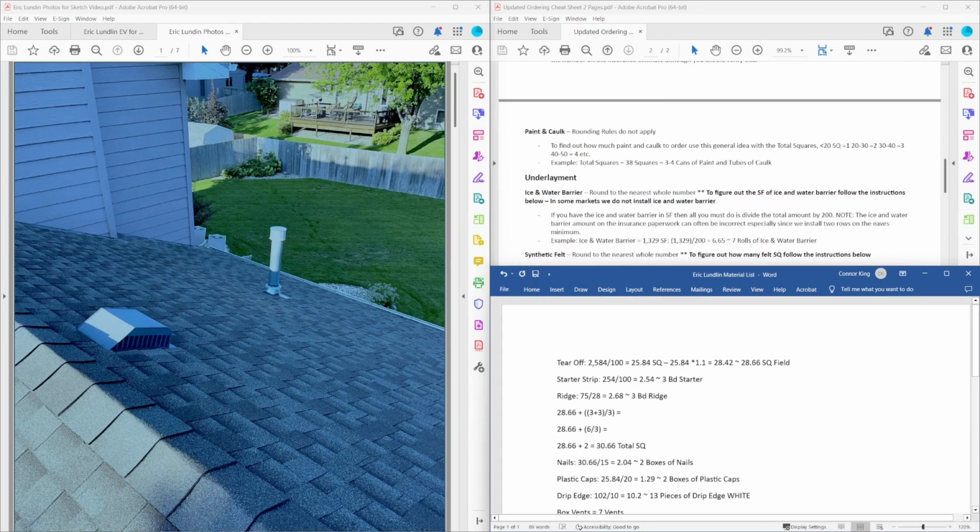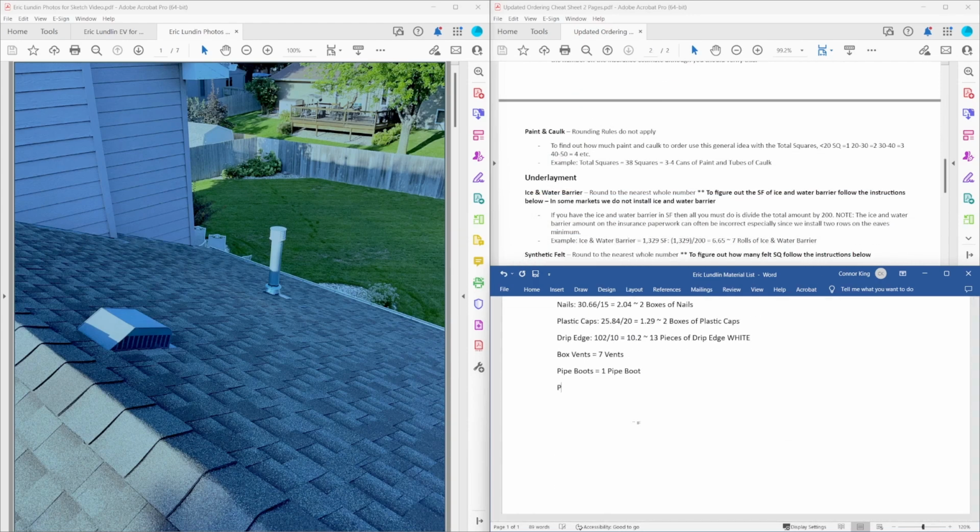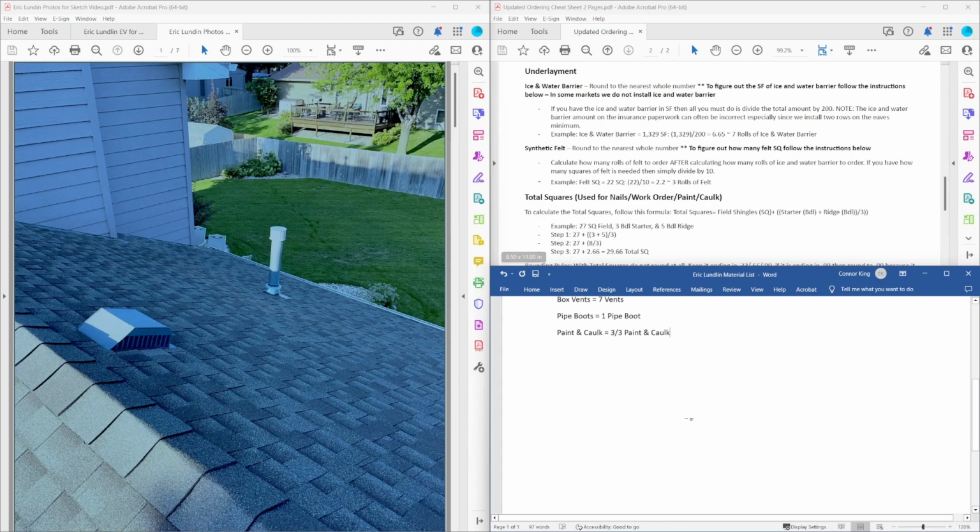Our paint and caulk, we're going to do based off our total squares. So we have 30. So we're just going to go with 3 and 3 for paint and caulk. Now let's take a look at our ice and water barrier. And we're going to have to actually do some of the steps on this to calculate the ice and water